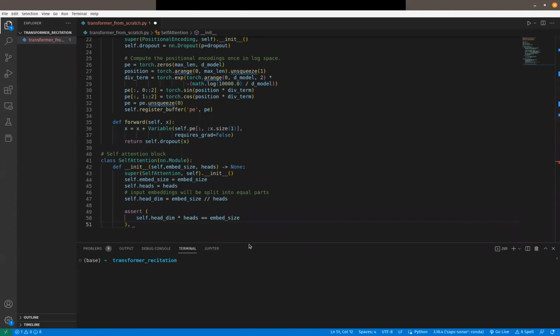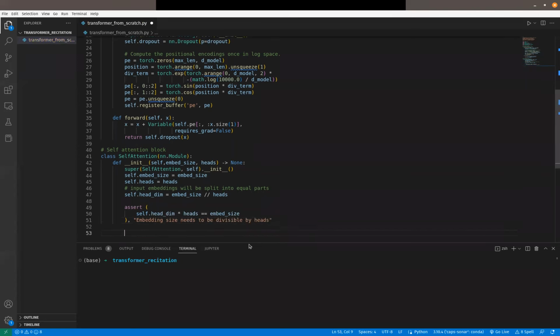Which basically says that the embedding size needs to be divisible by heads. Okay. Now moving on, we'll be creating some linear layers, which is not really clear,